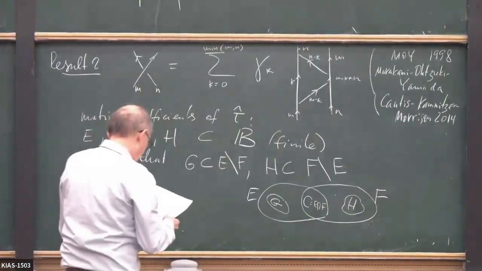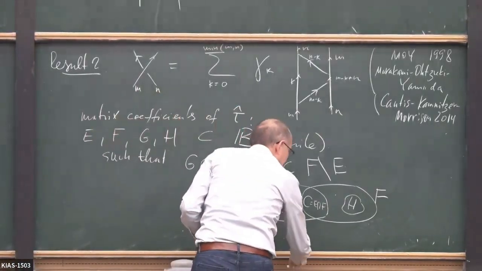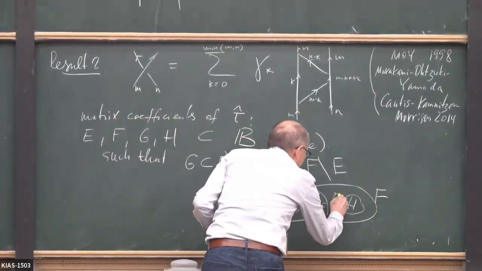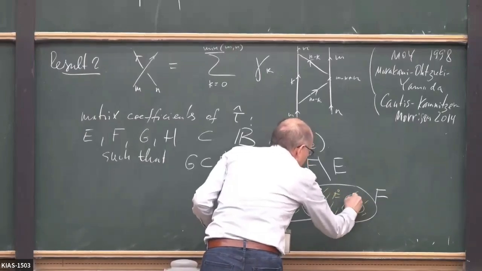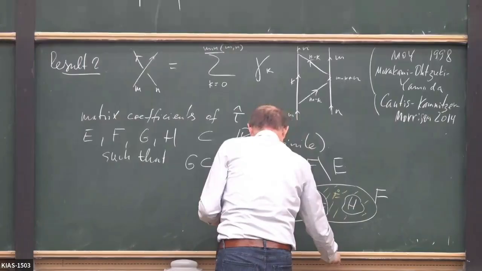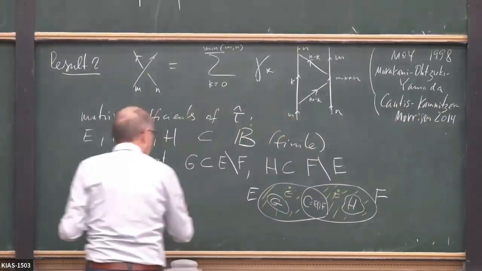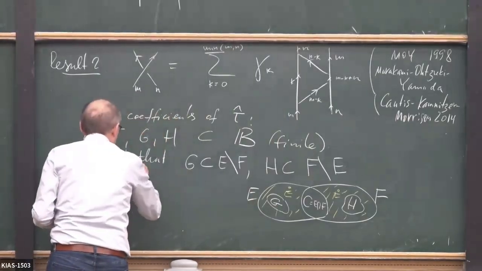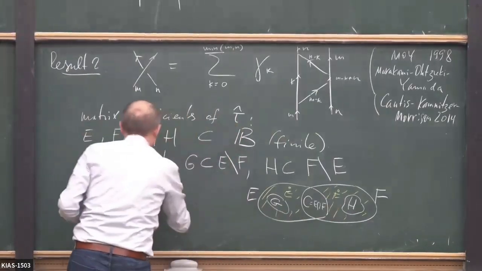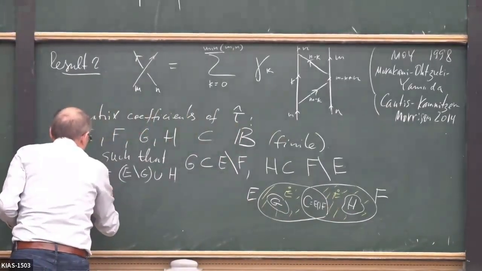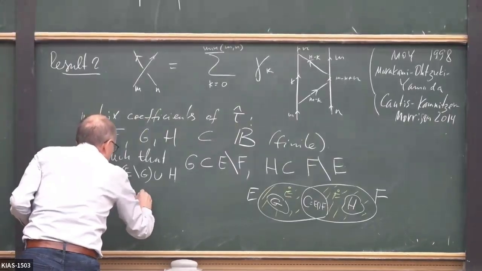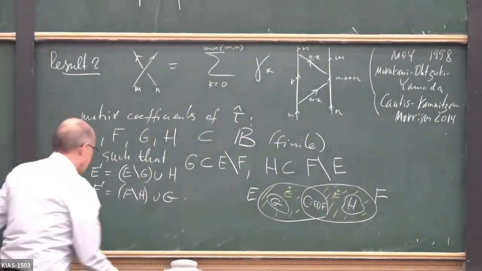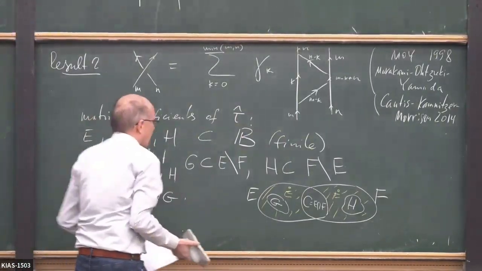So we have such a configuration, and then in this yellow region, this is what I call E dot, this is F dot. And also E prime, when you remove G but add H. And likewise for F prime, you remove H and add G. So with all this, then we define